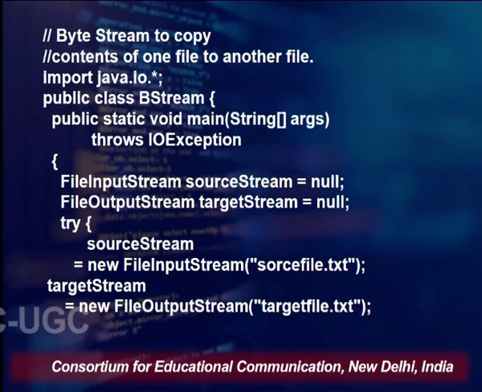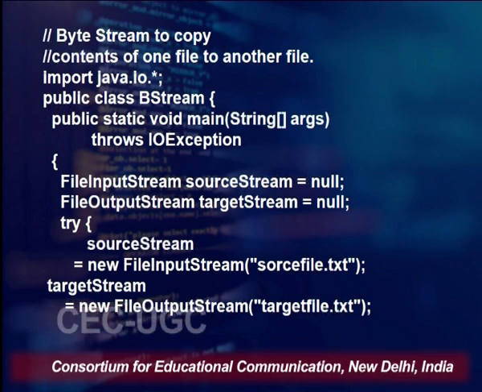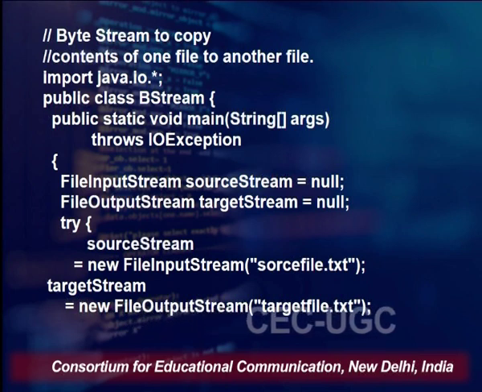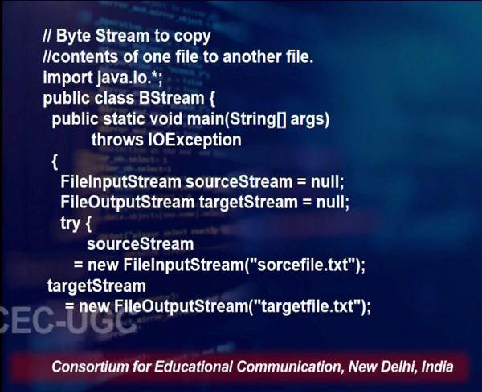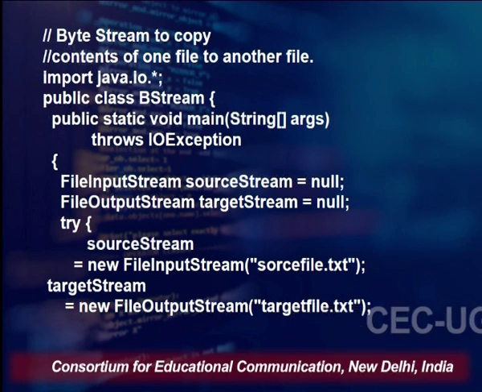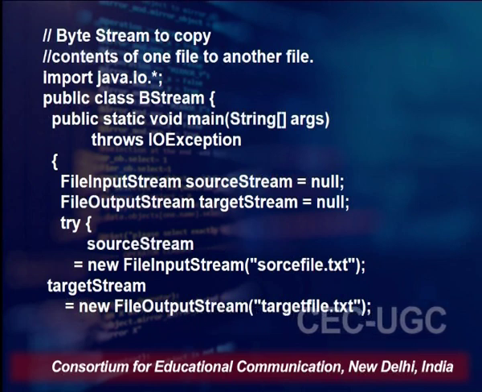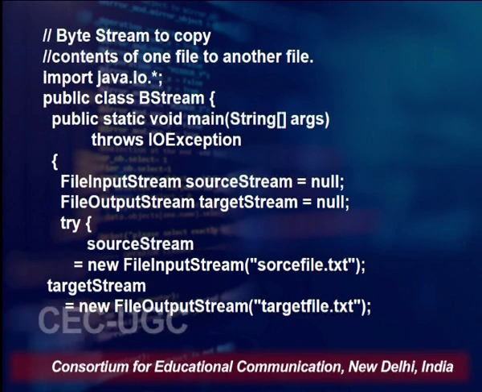and this complete reference is going to be stored in the source stream reference variable, or source stream object, of file input stream. So, if you combine both the statements, the declaration of the source stream and the initialization of the source stream, this will go like this: FileInputStream sourceStream = new FileInputStream("source file.txt"). In a similar manner as we did now,